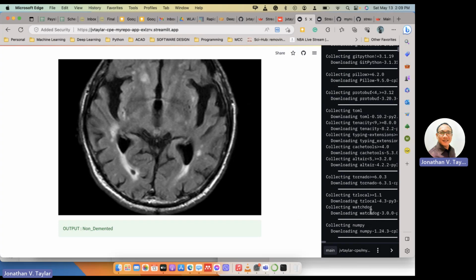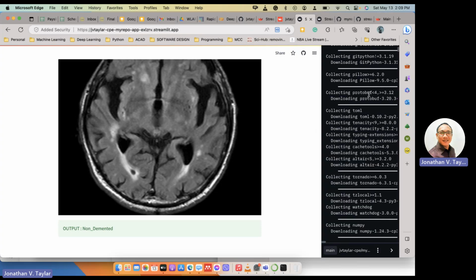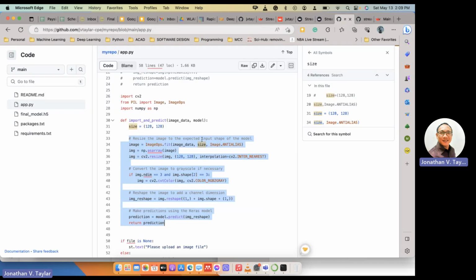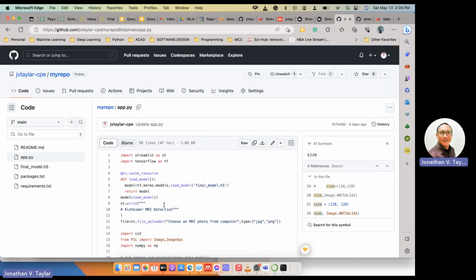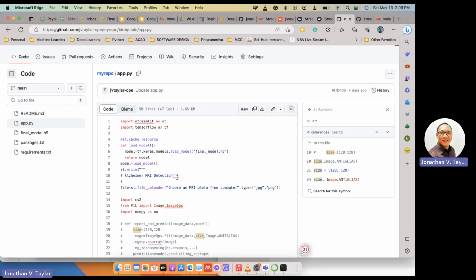So you have to manage it here. And then where do you change it? You cannot edit here, no, the changes. Kahit na i-click niyo yan, wala kayong magagawa dito because these are all the analytics, no, the log files of what's happening in your file. So where are you going to change your problems? You can change it from your GitHub account. And once na may chinek kayo sa GitHub account, may papakita ko sa inyo na once you did something on the GitHub, let's say MRI detection,